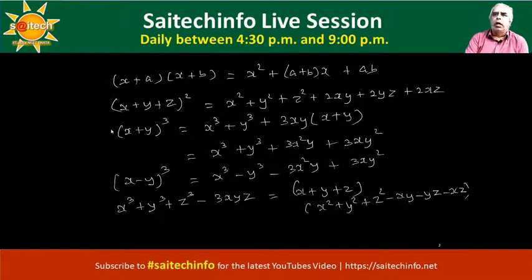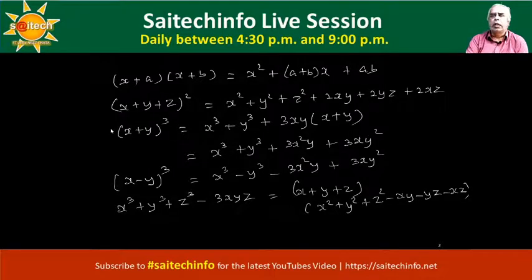Okay, right. And let me go through another formula, that is (x plus y plus z) whole squared. It is similar to x squared plus y squared, but we have to include the third term z, that's all. So x squared plus y squared plus z squared plus 2xy plus 2yz plus 2xz. In the case of (x plus y) whole squared, it was x squared plus y squared plus 2xy, that's all. But here you have got another term z. So you have to include two more terms like 2yz and 2xz. And you have the z term, so z squared.